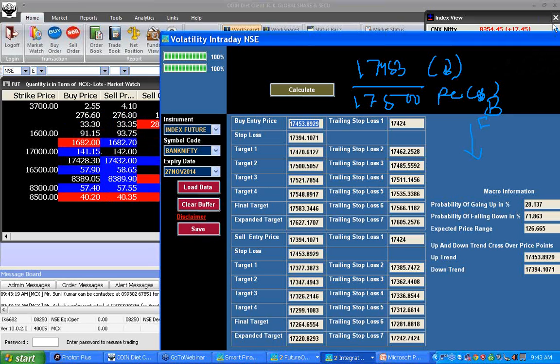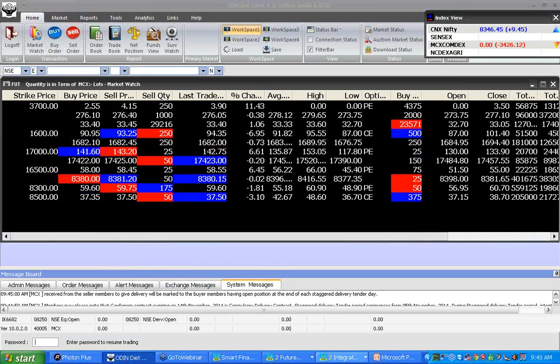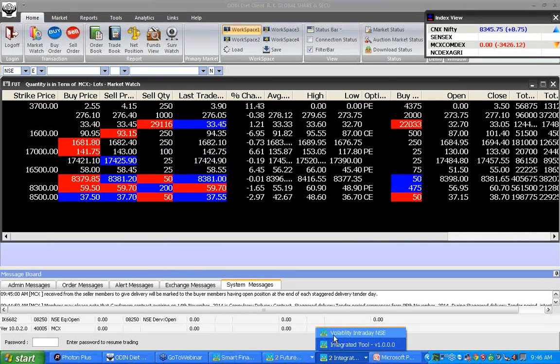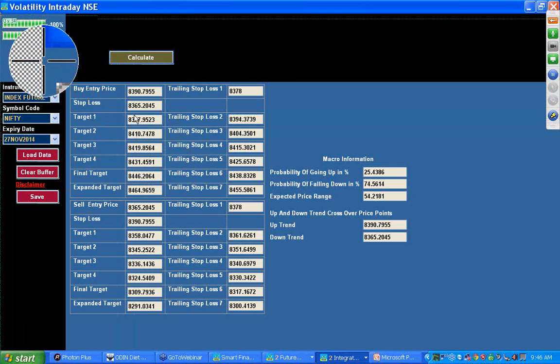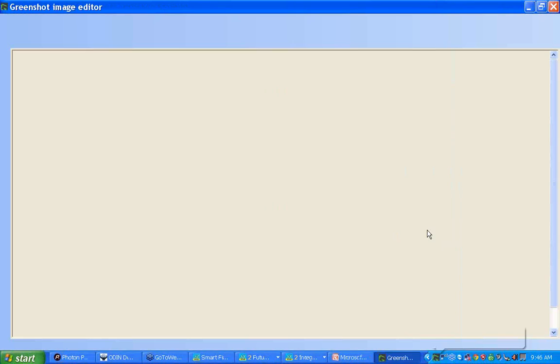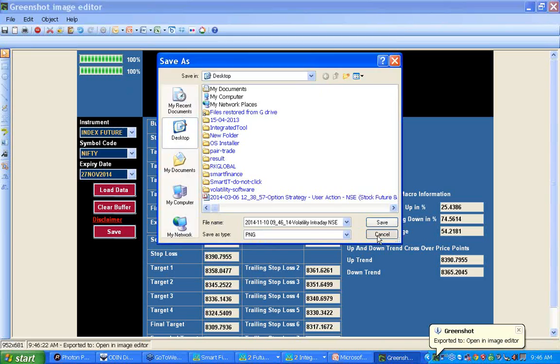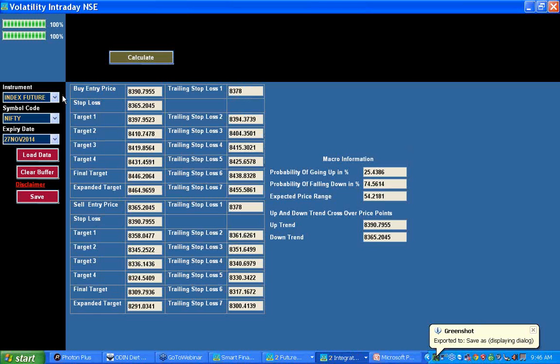So it will help you. The Nifty is at 8,379, 80 level now. So this is what we are getting, 91 and 65. Save it. The probability of falling down is more and the probability of going up is less. If it is giving you the selling side breakout, confidently you can sell. However, if it is giving you the buying side breakout, then try to hedge. So the direction in which the probability is swinging is important for you.